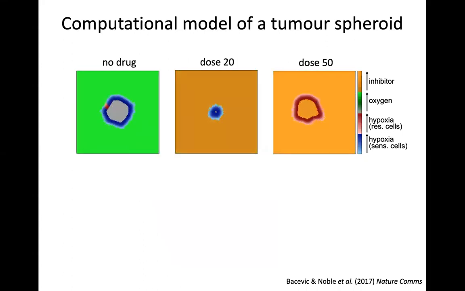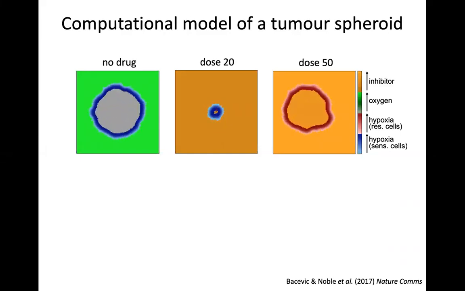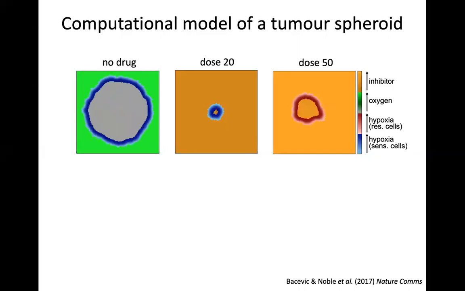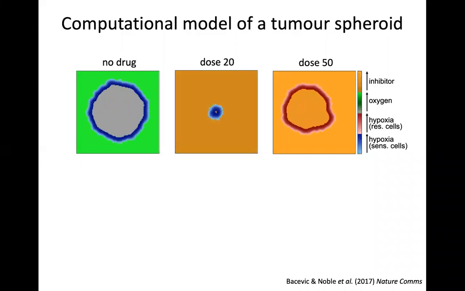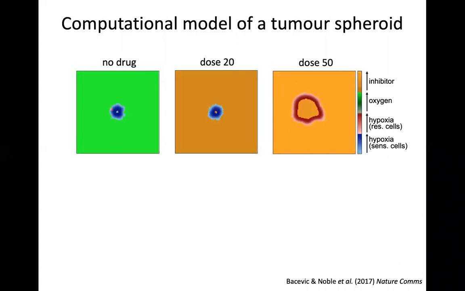What we see is that in the absence of any drug, the tumor keeps on growing, and the sensitive cells, because they have a proliferation advantage, take over, as on the left. On the right-hand side, the high dose of drug eliminates the sensitive cells, but the resistant cells escape, and we end up with a large resistant tumor. In the middle, we arrest the growth of the sensitive cells, and that suppresses the growth of the resistant cells due to competition. And so we're able to contain the tumor and suppress resistance.